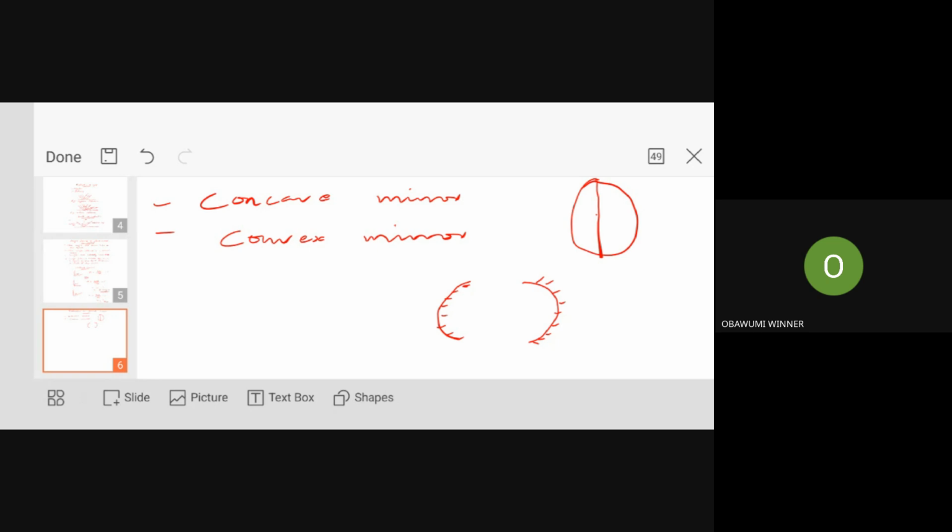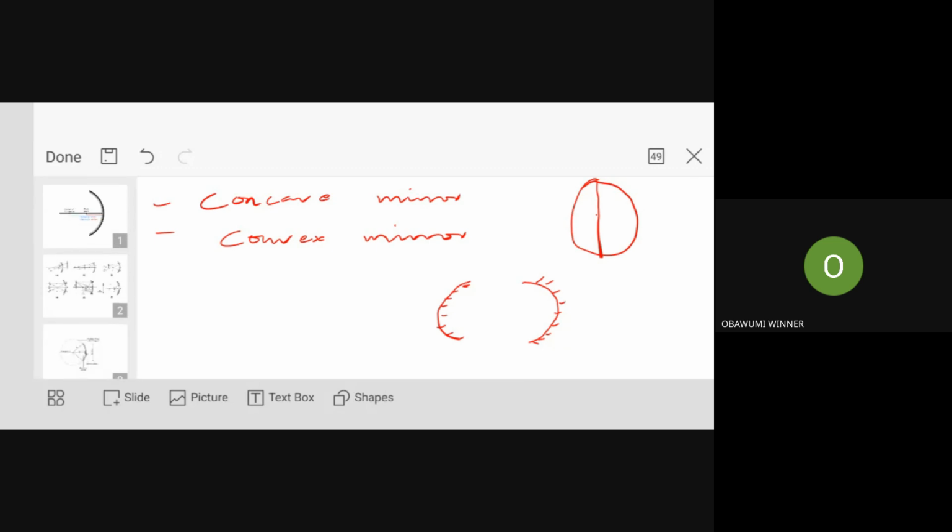A concave mirror is simply a curved mirror in which the reflecting surface is curved inward. Meanwhile, for the convex mirror, the reflecting surface is curved outward. So I've just explained that. And then the nature of images formed on these mirrors, especially let's begin with the concave, will be strictly based on the position of the image. But before I talk about that, there are a few things I want us to talk about based